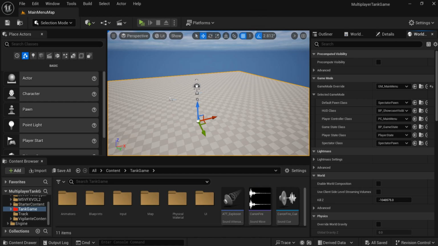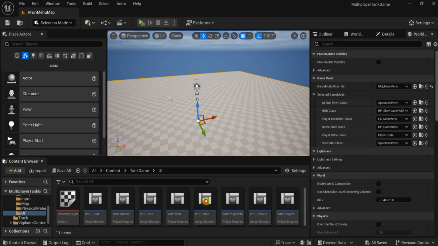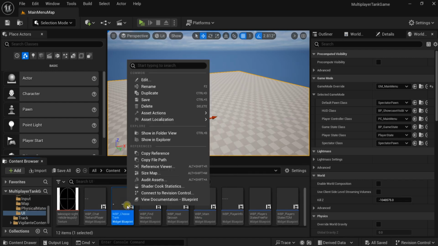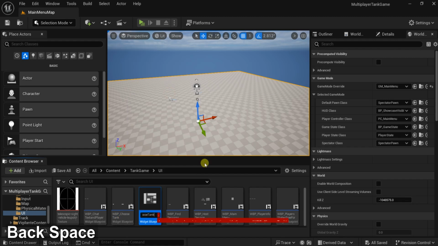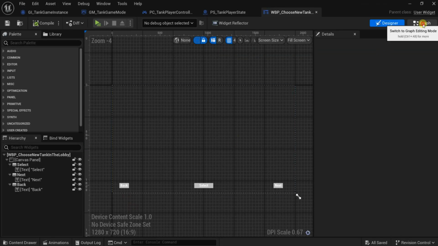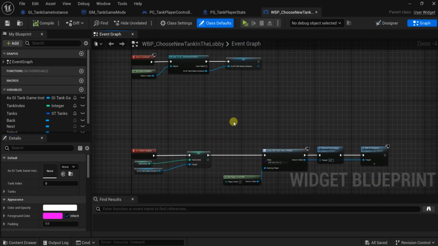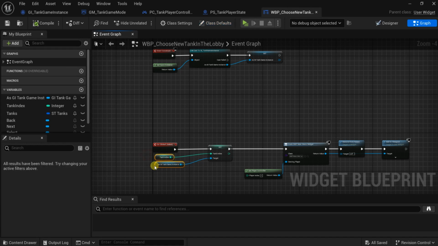Now let's start by going to the widget and make another widget. To the UI, and here choose tank. Let's duplicate this one and make it choose new tank in the lobby. This will have some changes. So here, first of all, for the tank index,